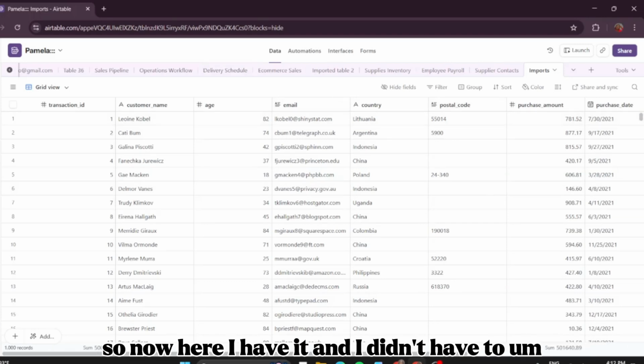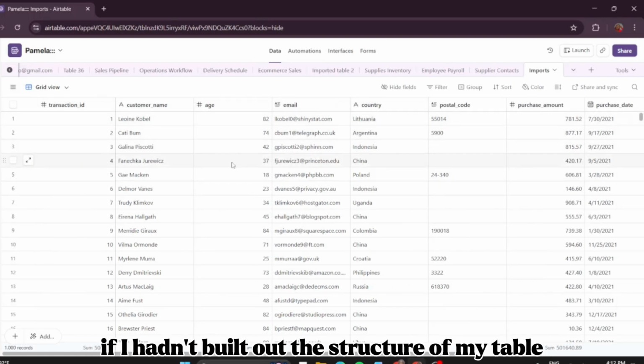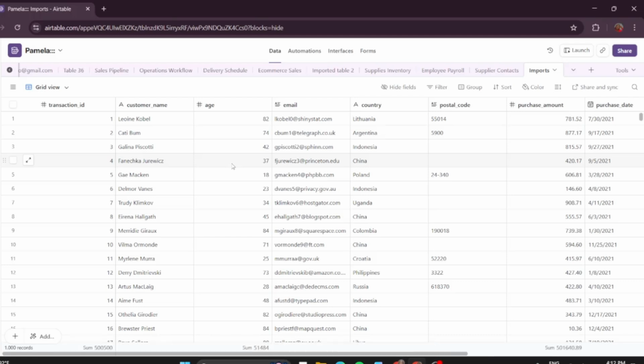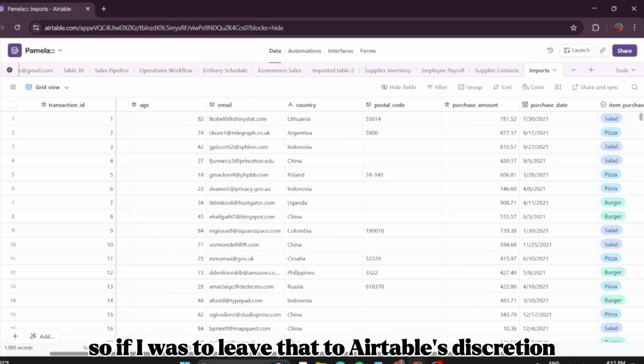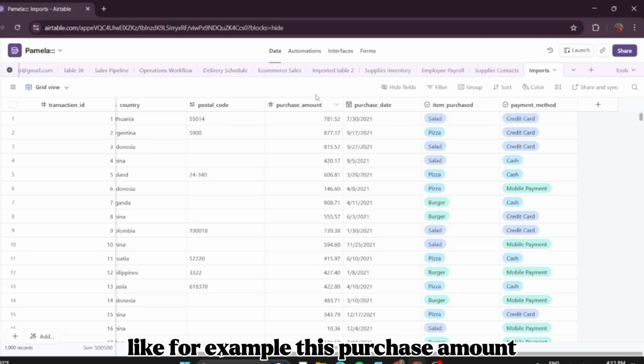So now here I have it, and I didn't have to start reselecting the field types, because if I hadn't built out the structure of my table, I would have to restructure the table by reselecting the field type of the various information available in this field. So if I was to leave that to Airtable's discretion, Airtable might just give me field types that it feels are necessary. Like for example,